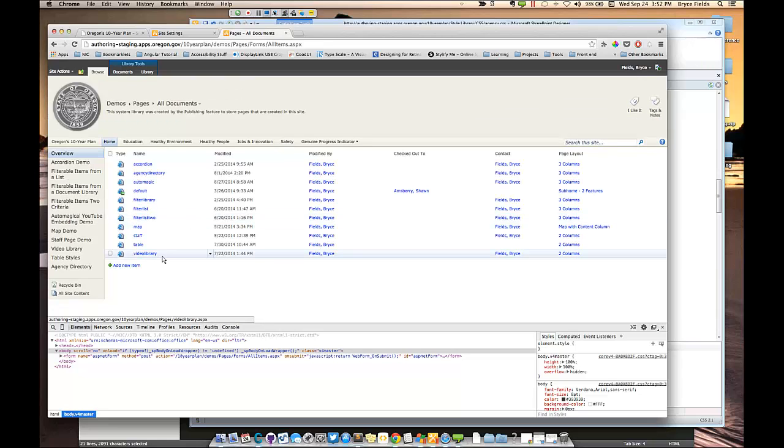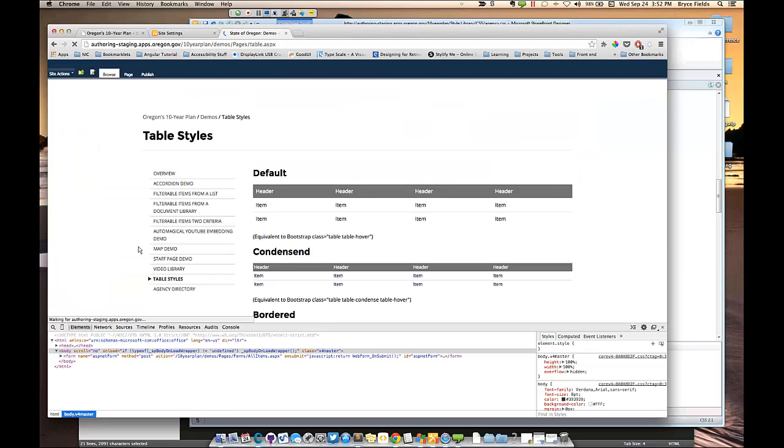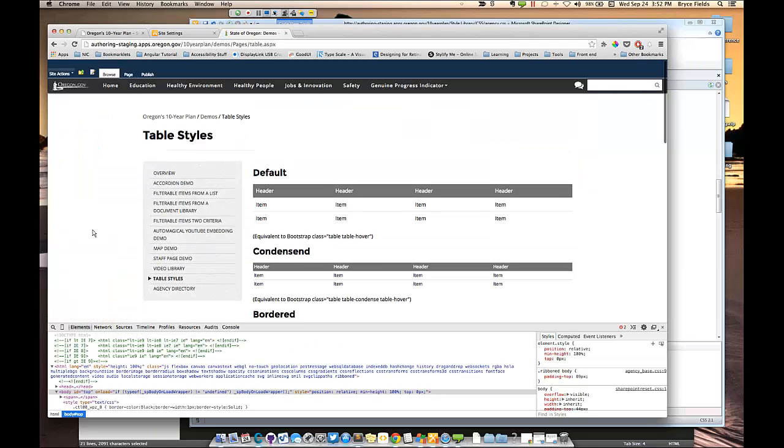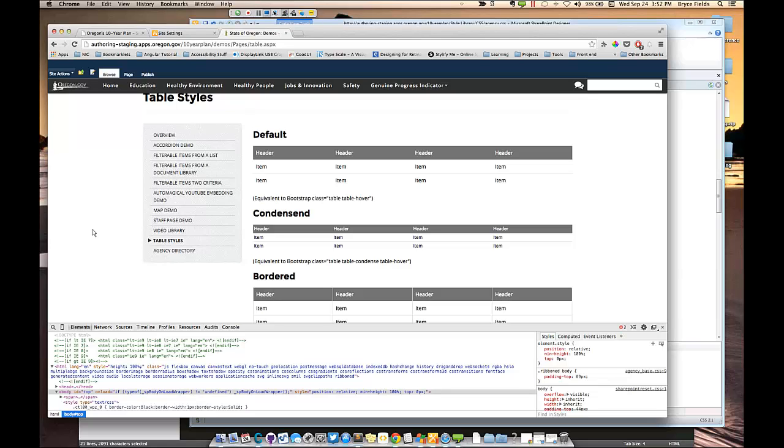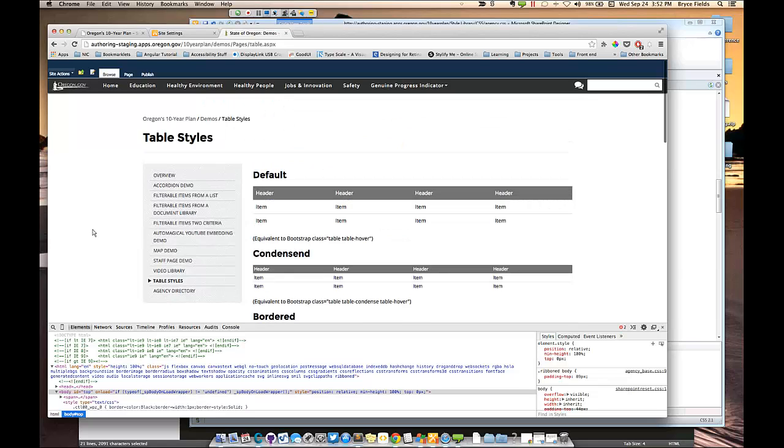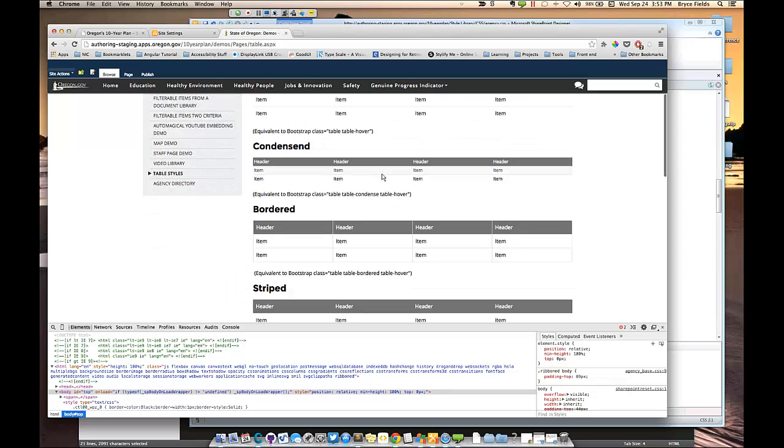So the tables are pretty much out of the box. It's out of the box, but again, anything that I have control over to edit, you have control over to edit. You have the same permissions as I have, and with the exception of having access to that agency-based CSS and our base JavaScript, you've got access to everything else. Okay. So you could go hog wild if you want to. And under your demos is a list of our demo out of the box. I think there was a